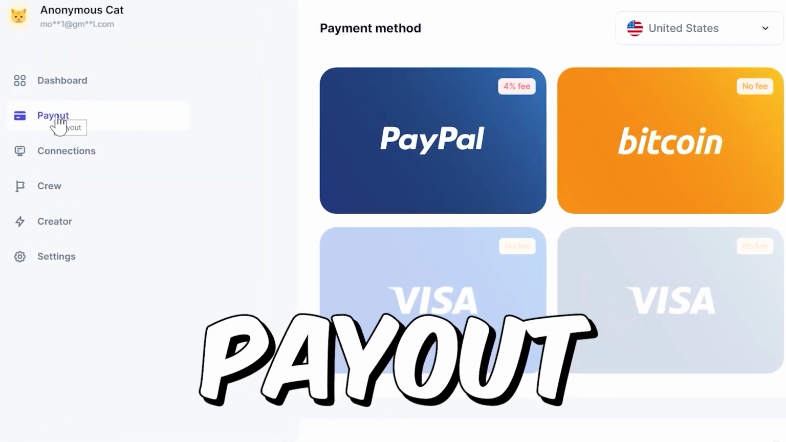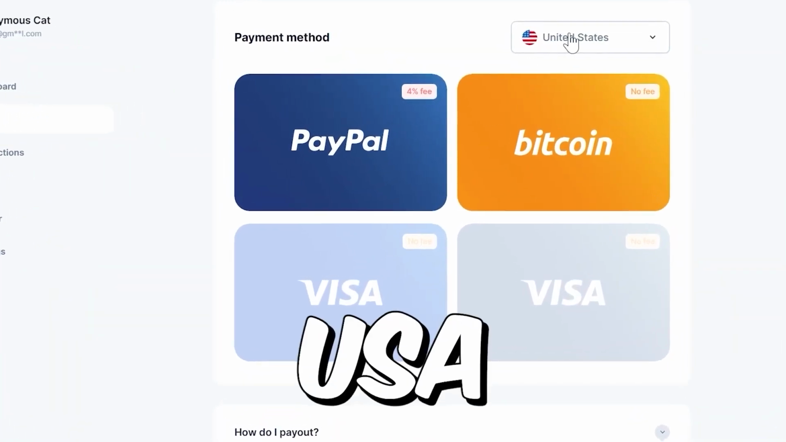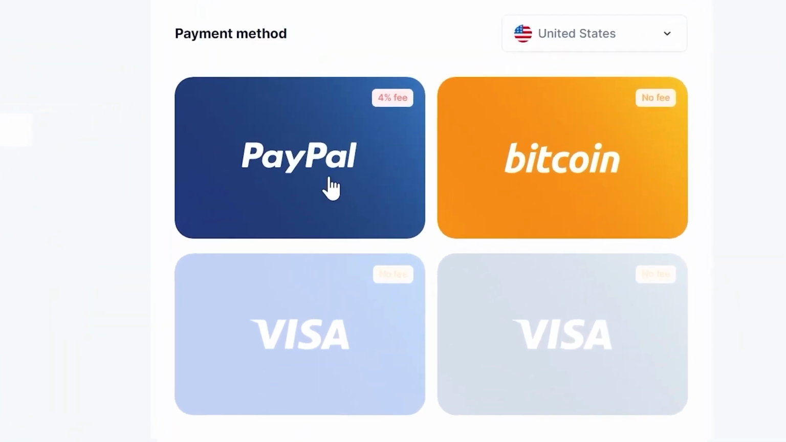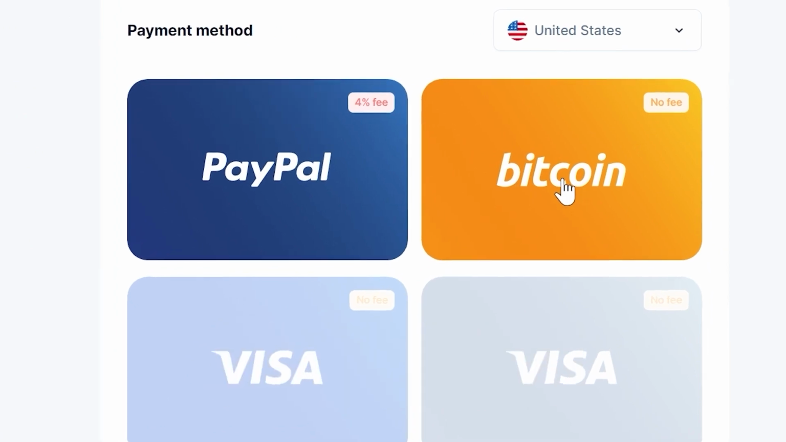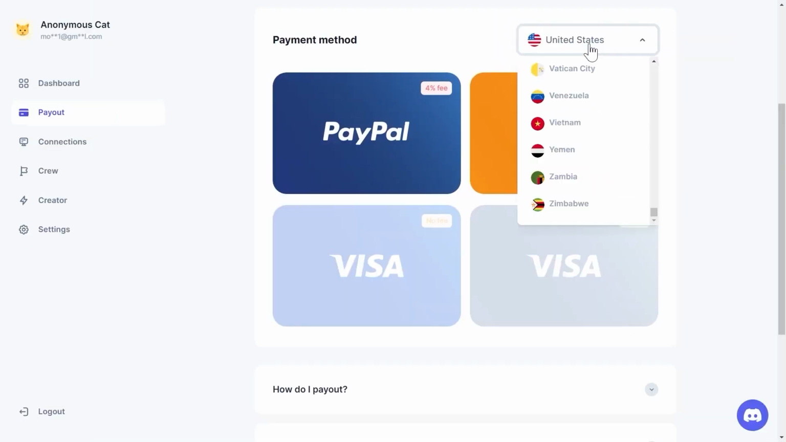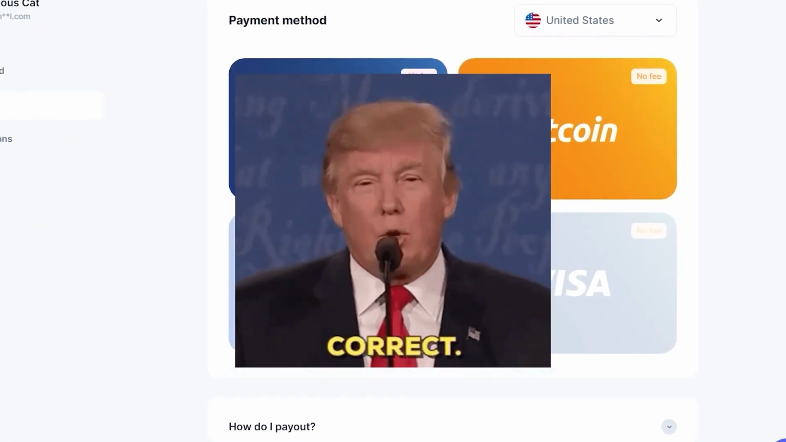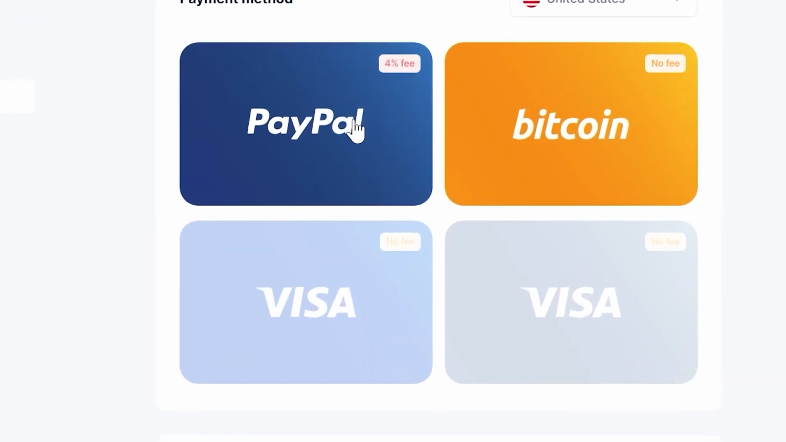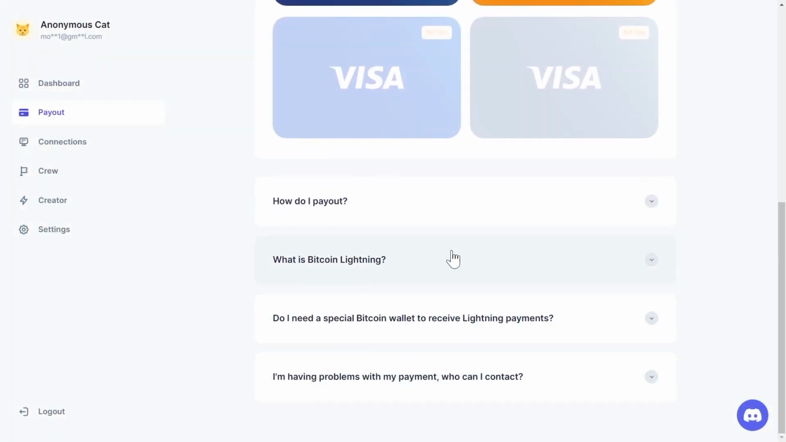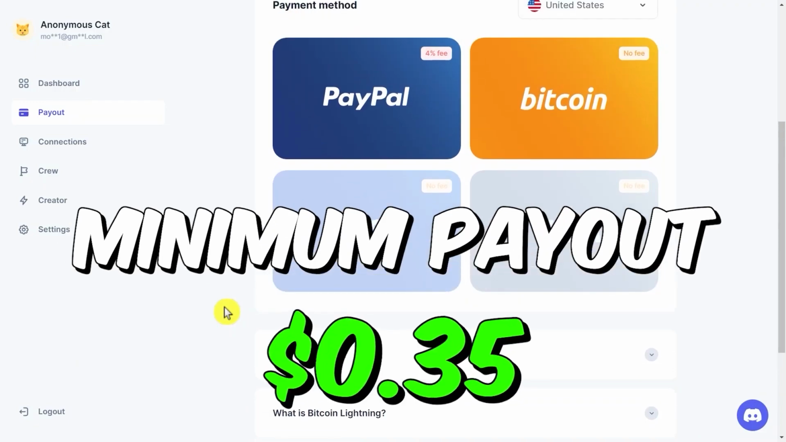There is also a payout tab here where you can start cashing out your money. For instance, if you are from the US, you can withdraw your money using PayPal or Bitcoin and just select your country from here. Depending on what country you are from, you might even have more options for payment methods, but they will also add visas here very soon for people in the US. The only drawback to using this service is that it does not work in all countries. The great thing about this is that the minimum payout is only 35 cents,